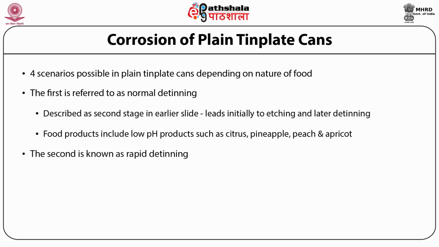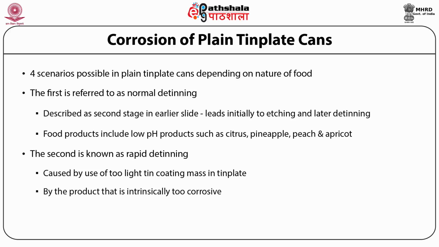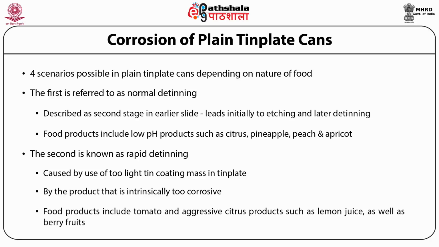The second is known as rapid detinning. Rapid detinning is caused by the use of tin plate with a tin coating mass that is too light, or a very thin tin plate coating, or by a product that is intrinsically too corrosive or contains corrosion accelerators such as dissolved oxygen or anthocyanins, which are chemically reduced. Food products characteristic of this type of corrosion include tomatoes and aggressive citrus products like lemon juice, as well as